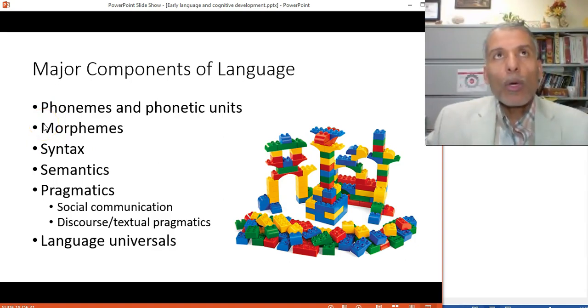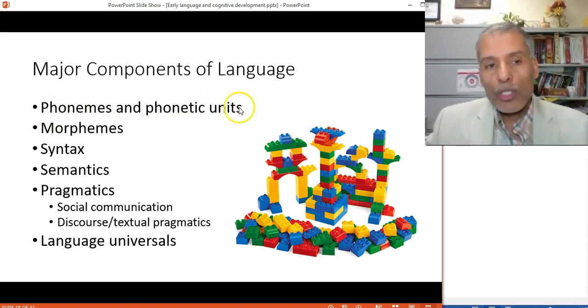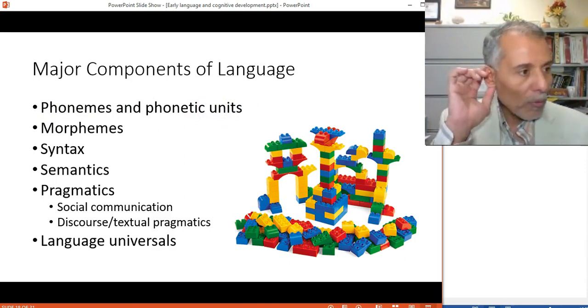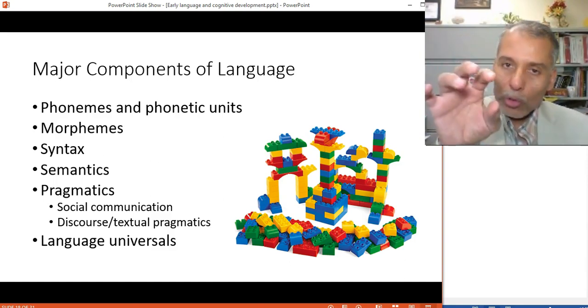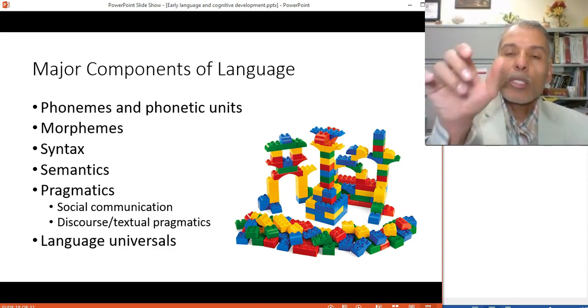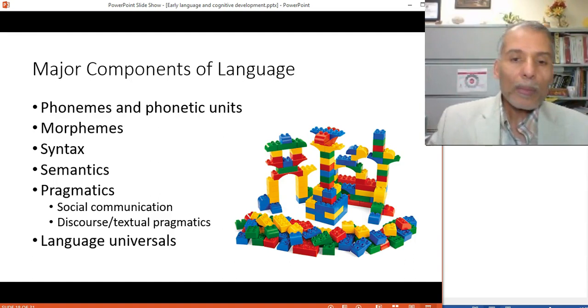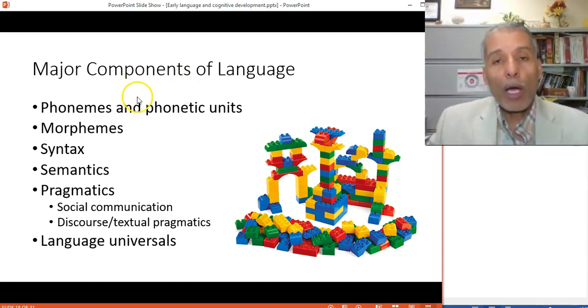Languages all over the world, any language, are made out of 5 systems. One is the system of phonemes, or sounds that we hear, and that is called phonology. So phonology, the sounds of the language, you don't focus on spelling here, you focus on the sounds. You combine them together in a certain way, according to certain rules, and you make syllables and you make words.